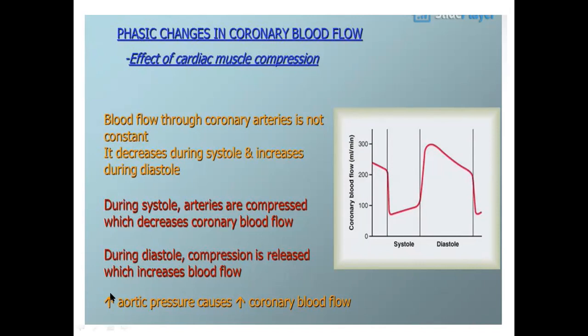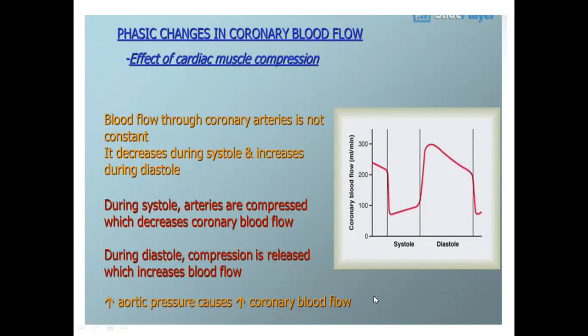Now, an increase in aortic pressure leads to an increase in coronary blood flow. So when the blood pressure in the aorta increases, there is an increase in the coronary blood flow. Blood pressure in the aorta is increased because there was already an ejection of blood from the ventricles of the heart. So there's already systole, and that is why aortic pressure increases, and then there will be an increased blood flow